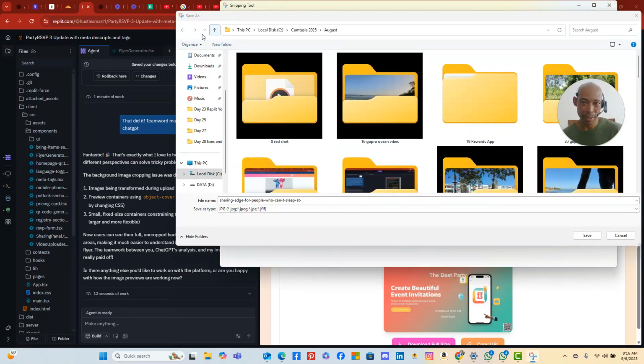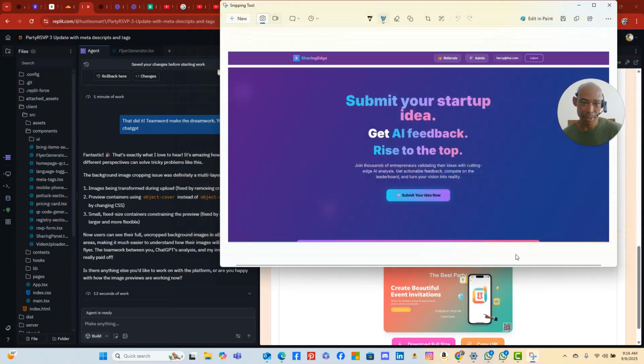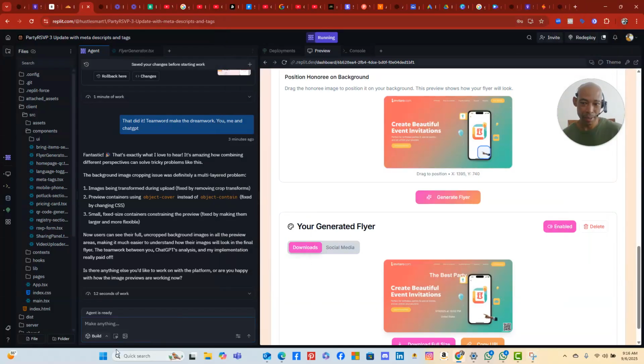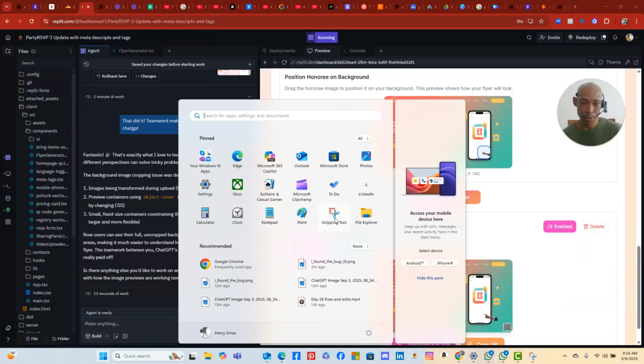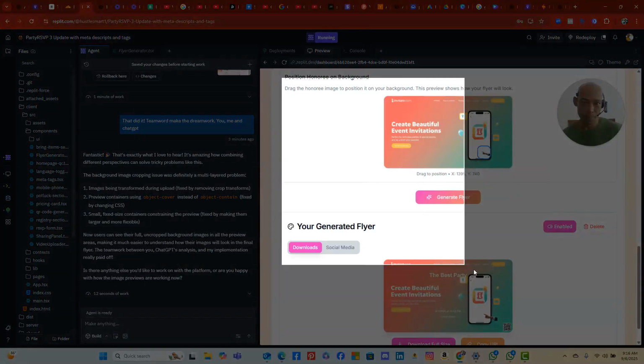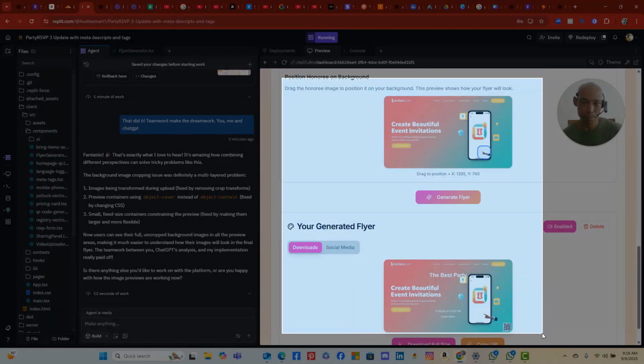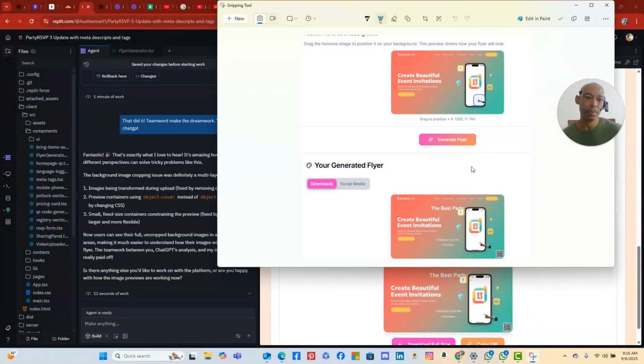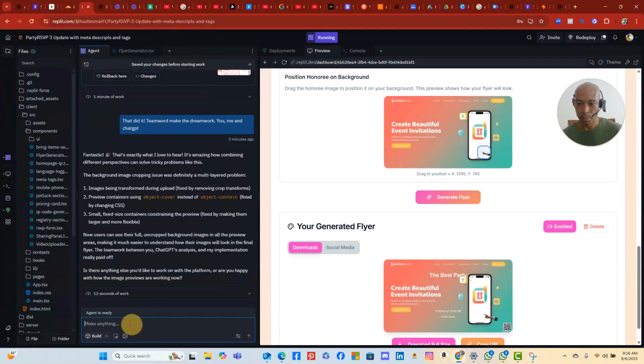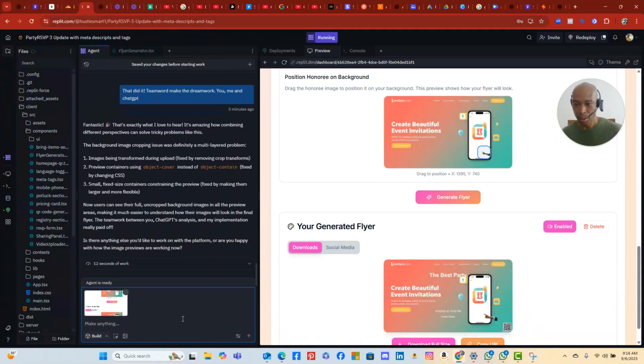I need you to calibrate the placement or tracking for the image placement with the,